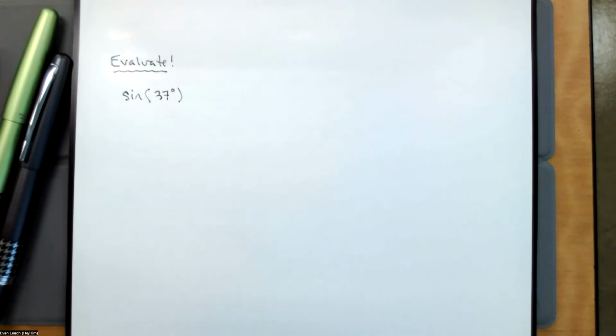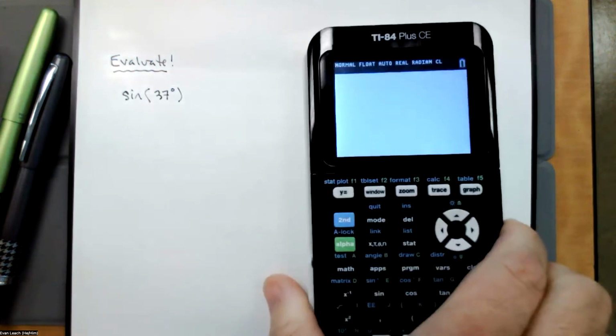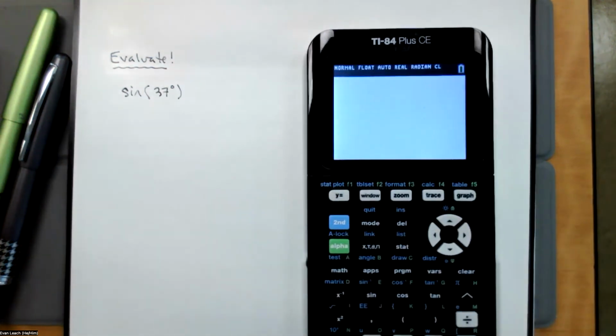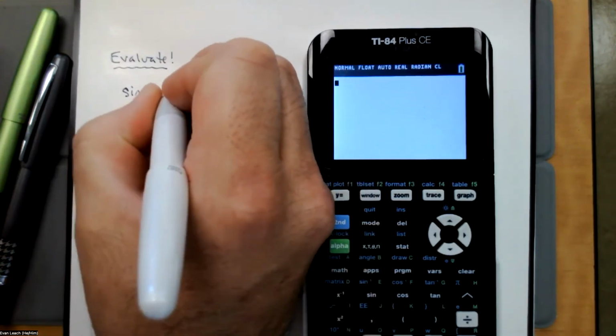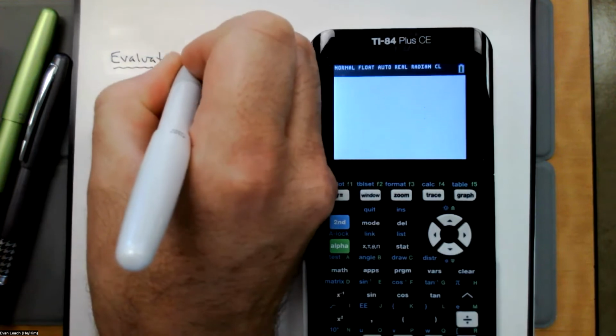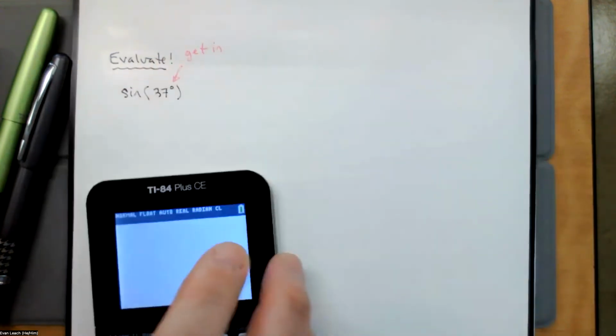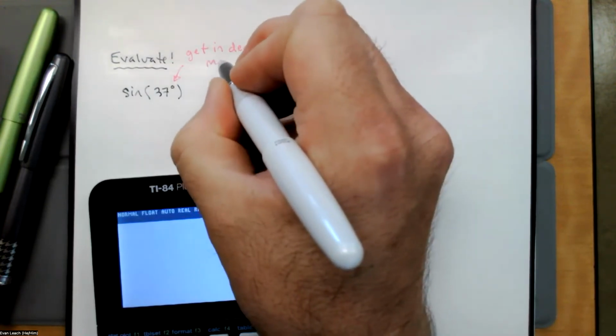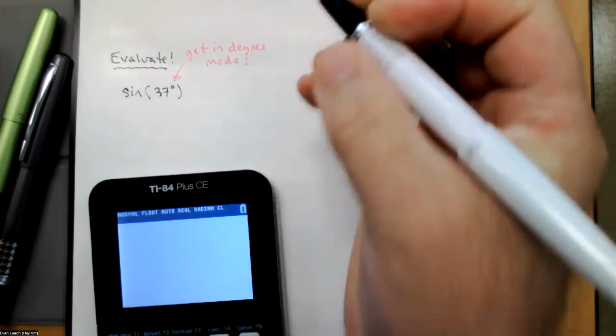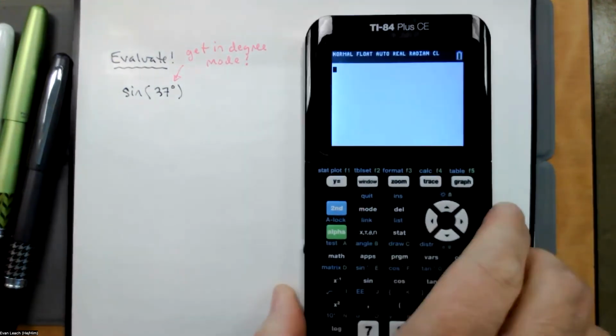So here are the things that you have to worry about. We're going to start with TI-84 style. Number one, I'm asking you for the sine of 37 degrees. So we got to make sure our calculator is in degree mode. So number one, get in degree mode. So for the TI-84,